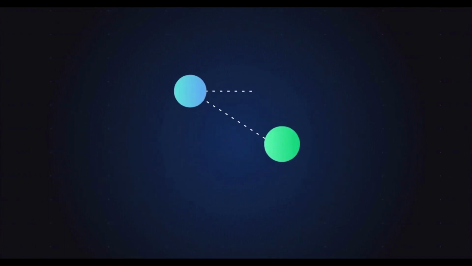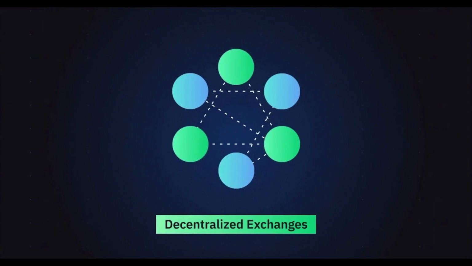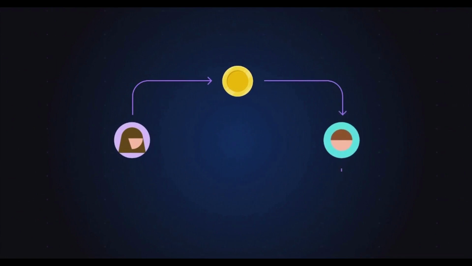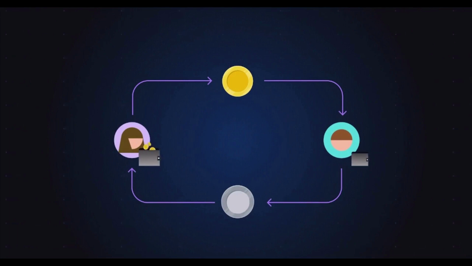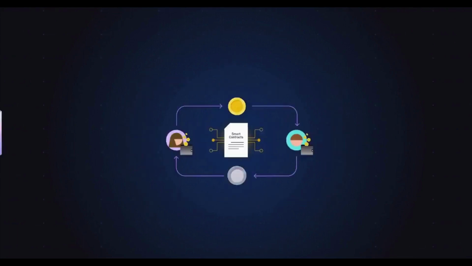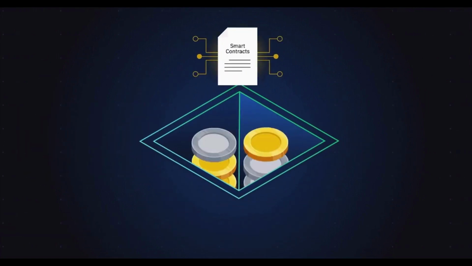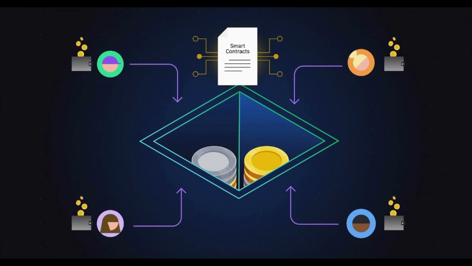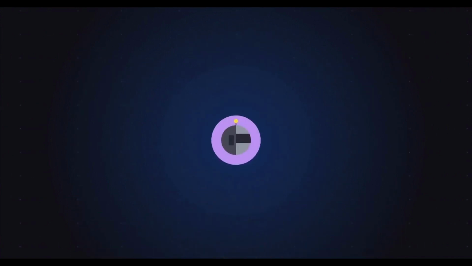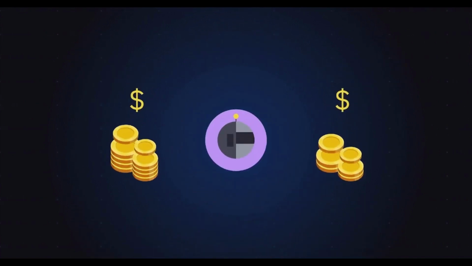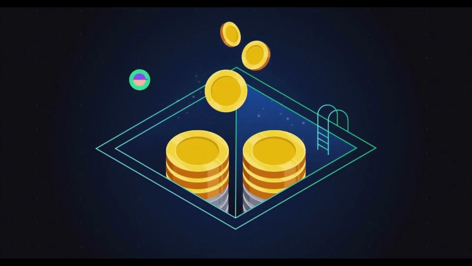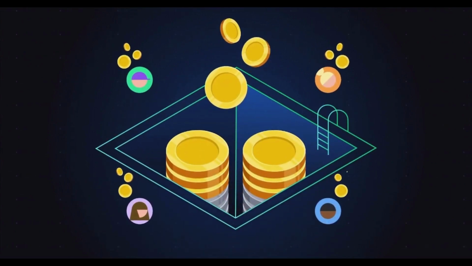Another popular DeFi application is decentralized exchanges, often called DEXs. These platforms allow users to trade or swap digital assets without a trusted intermediary. The trades are made directly between user wallets with the help of smart contracts. Some exchanges, known as automated market makers, use liquidity pools to facilitate trading without directly needing a counterparty to match your trade. You can think of them as a robot, always willing to quote you a price between two assets, essentially allowing anyone to become a market maker on an exchange and earn fees for providing liquidity.